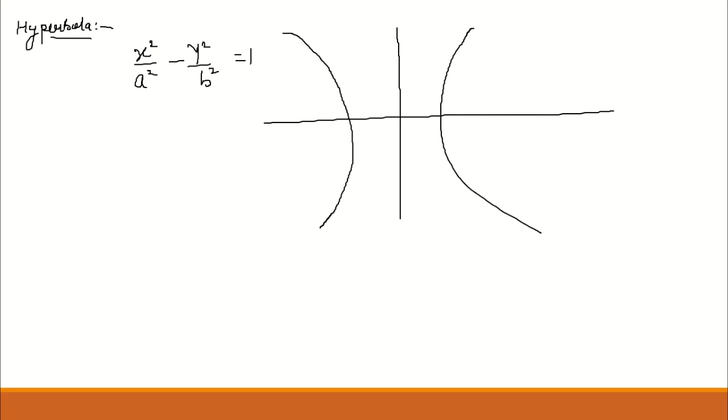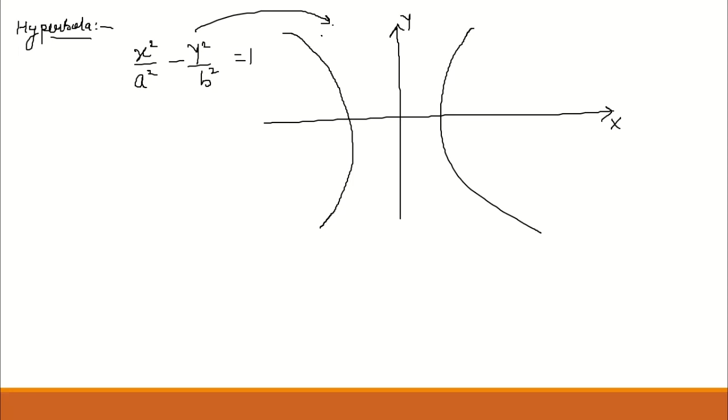Coming to the last part of the graphical things, that is the hyperbola. Hyperbola is x square upon a square, y square upon b square is equals to 1, but the symbol is minus here. If the symbol is minus, then it is said to be a hyperbola. Now in a hyperbola, we will have a function which is split into two parts. This is the hyperbola. These are not two graphs, these are a single graph which has the equation x square upon a square minus y square upon b square is equals to 1.